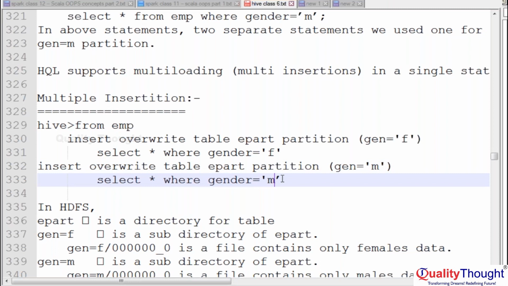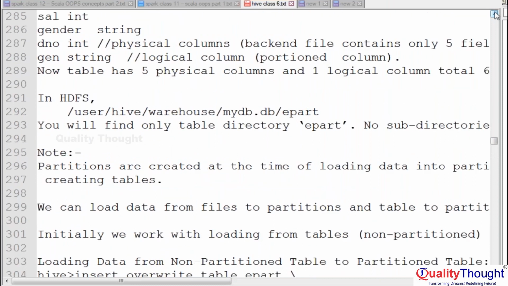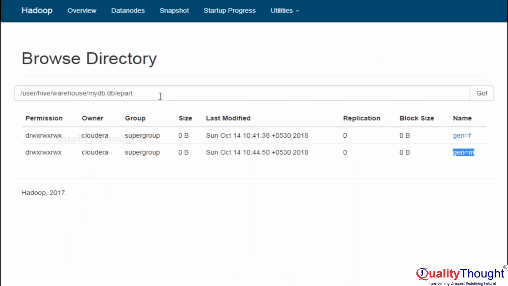So in a single query we can insert multiple partitions' data. Previously we executed the same query two times. This time we are executing a single query to insert data. For creation of a partition table, we use this syntax, right? Create table, columns list, partitioned by, and the partition column name we mentioned. So while insertion, what is the column you mentioned? gen equal to that value. It will create